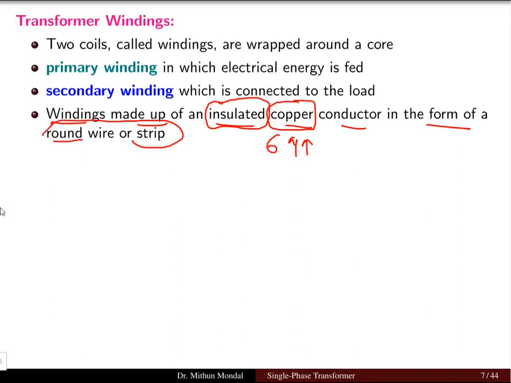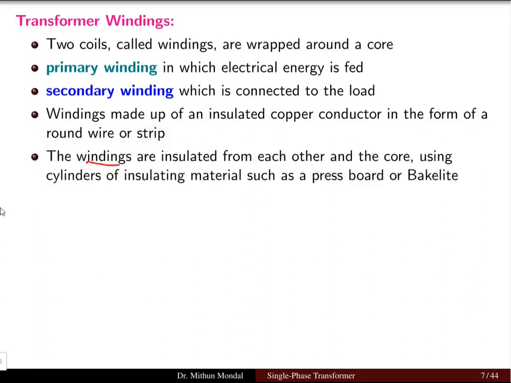So the conductors, which are made up of copper, are used for the windings, which are insulated, and they are in the form of round wires or strip. The windings are insulated from each other as well as the core using cylinders of insulating material. Different types of materials are used for insulation. One material is known as pressboard, another is known as bakelite. These materials are used for the insulation of the windings with respect to each other,